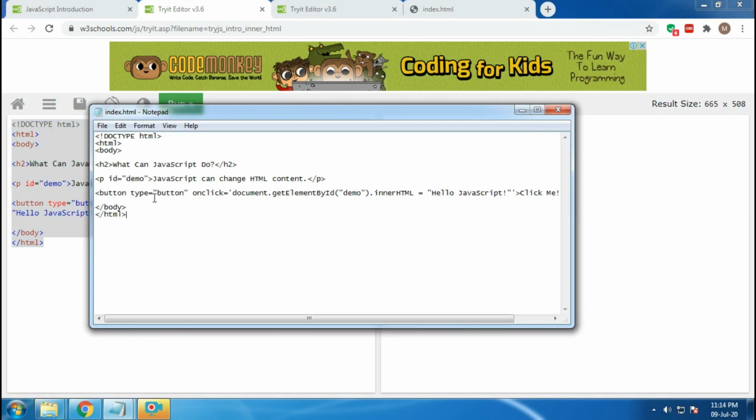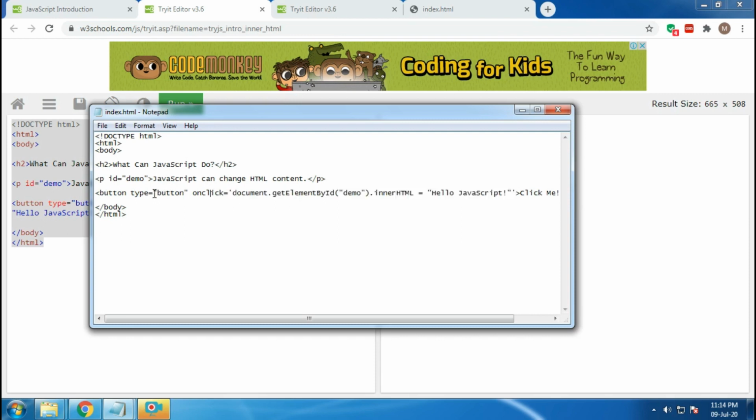So let's see here. What was happening here, if you see, there is this button where on click we were calling some JavaScript method, but we can do better than this, because this is a little bit messy.